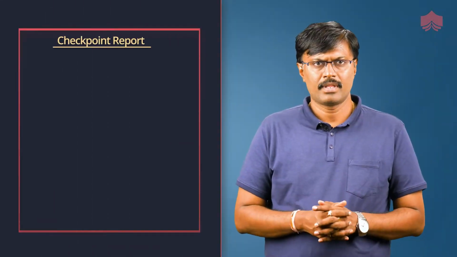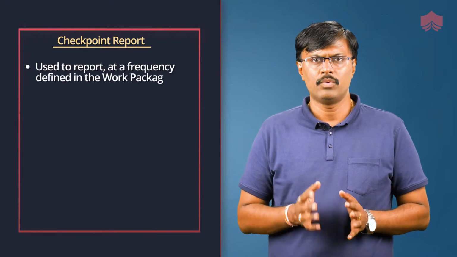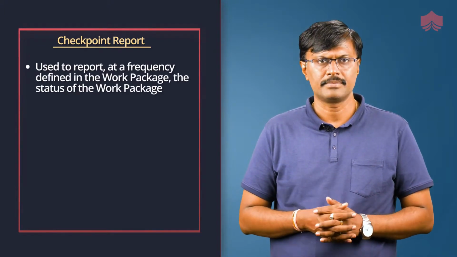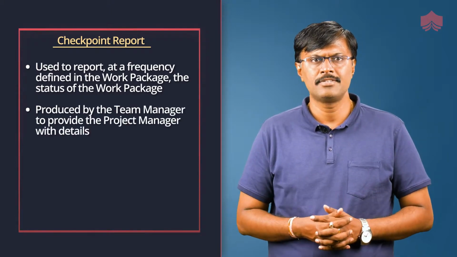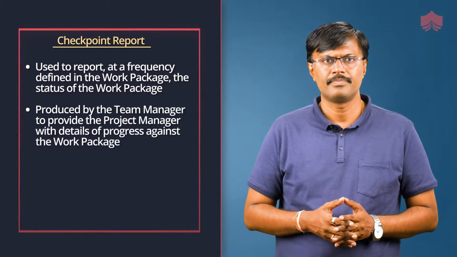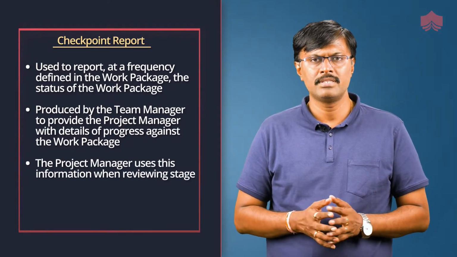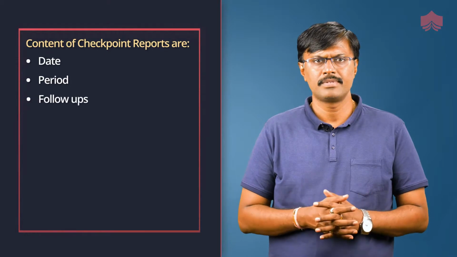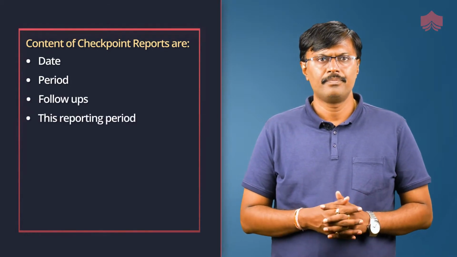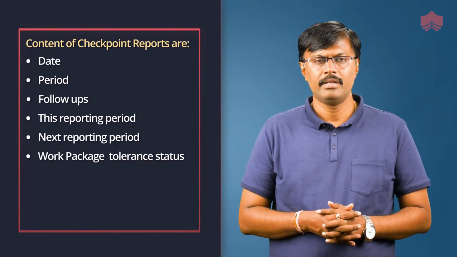Checkpoint report. Checkpoint reports are used to report, at a frequency defined in the work package, the status of the work package. They are produced by the team manager to provide the project manager with the details of progress against the work package. The project manager uses this information while reviewing the stage status. A checkpoint report should capture date, period, follow-ups, the reporting period, next reporting period, work package tolerance status, and issues and